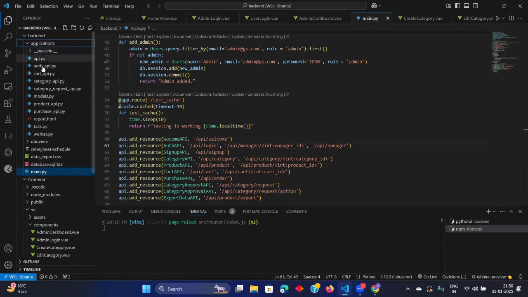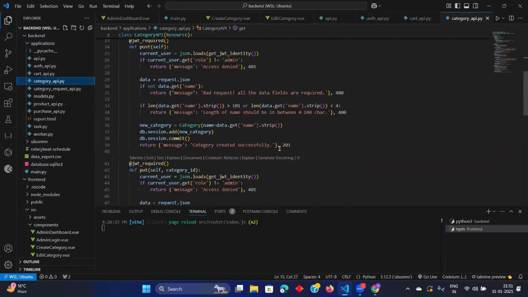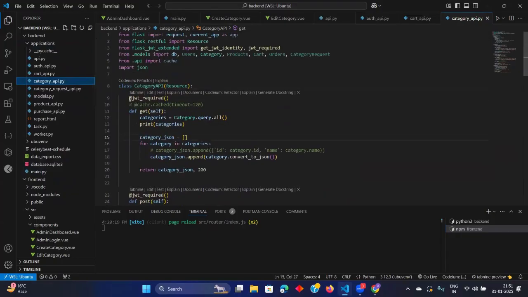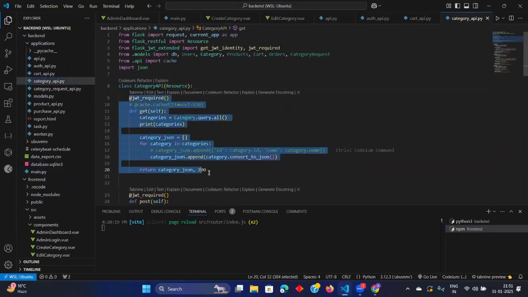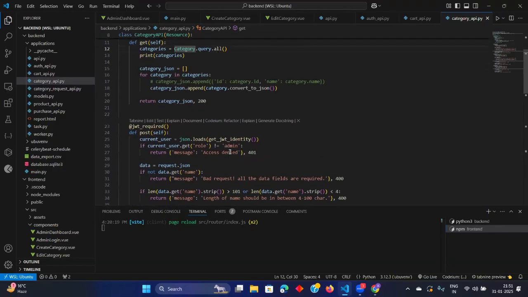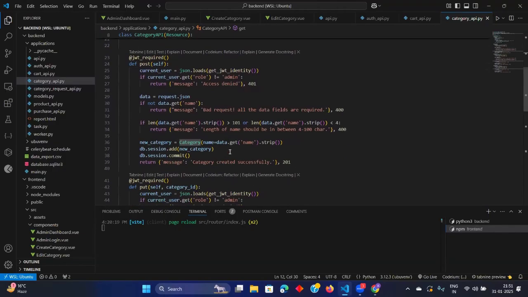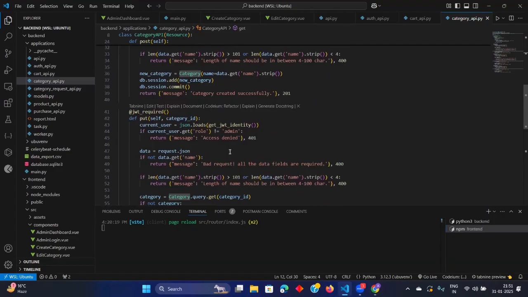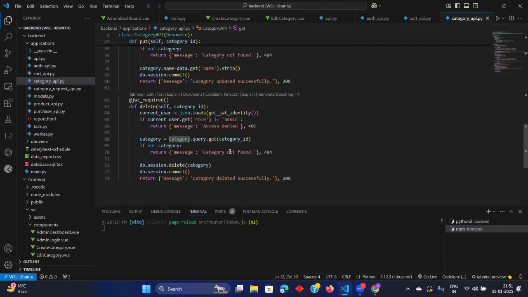That means if I go to the category API, there is nothing we have defined here for getting a specific category. This is for getting all the categories, and we have not defined anything for getting one category. So that's why we are not getting the name here.